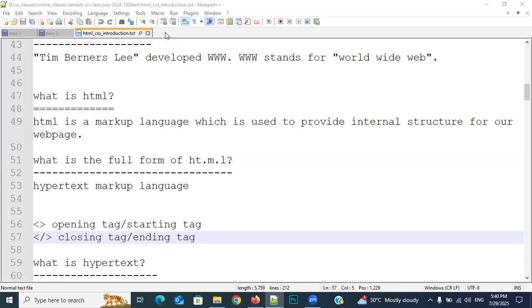Understand my point? Respond, everybody. So a browser is also like our human body. What is our human body? A collection of organs and connection between them. We have so many organs and we have internal connections also. In the same way, a browser is also a collection of interpreters and connection between them. We have three interpreters: HTML, CSS and JavaScript interpreters, automatically available in each and every browser. And they have internal connections also.